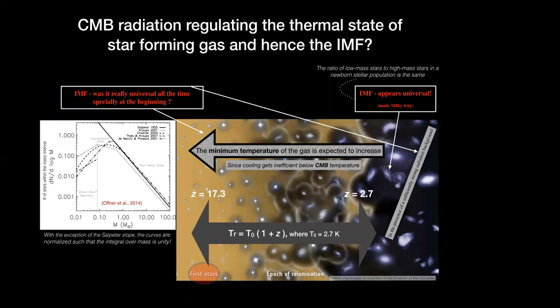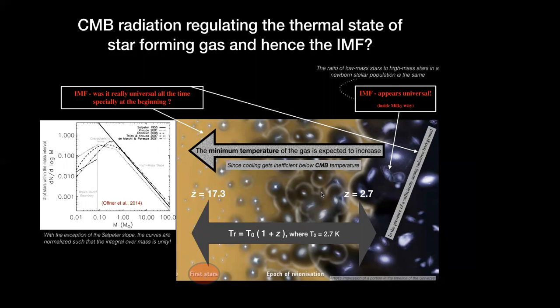So with this picture in mind, let's ask again a question: can the CMB, as I mentioned before, actually regulate the temperature? And it is important why the temperature is so essential to be considered, because it is the temperature which sets the Jeans mass and hence sets the minimum stellar mass. Obviously, it grows in time, but what you start with plays an important role in terms of what you end up with for the stars in terms of the mass.